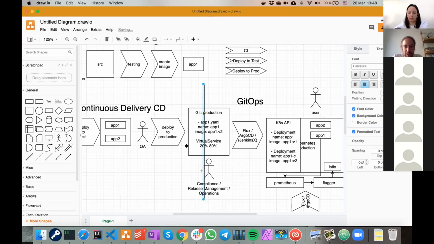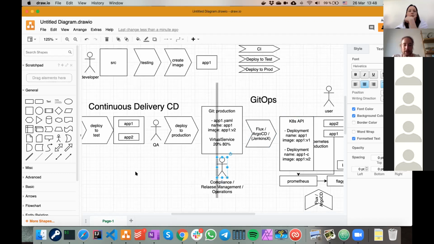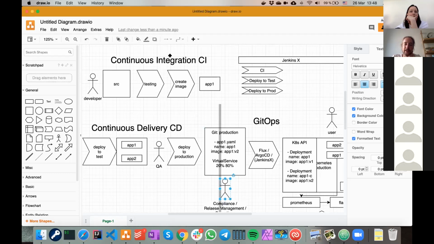So the development team can issue pull requests against this GitOps repository, and compliance or operations or release management can then merge those pull requests. And this is really great because what happens behind this repo can be implemented in different ways, and it doesn't really matter, it's all implementation details from then on. So it helps you to use different tools for implementing this part. You no longer have this constraint that, oh, the CI process is in Jenkins, so now we need to use Jenkins to deploy the